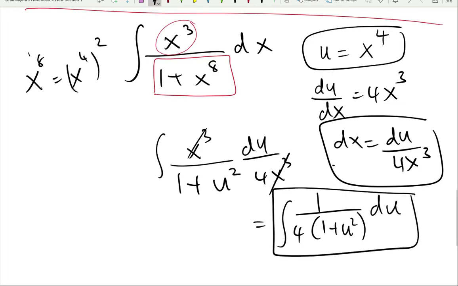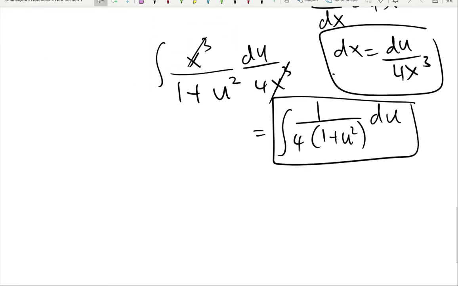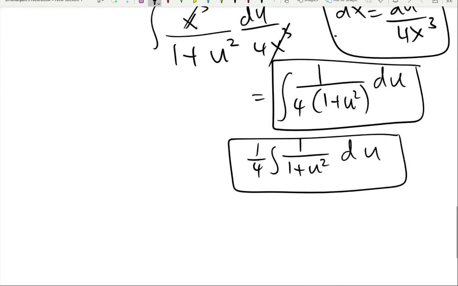Alright, so this is what we get to integrate. Now we can take that 1 over 4 out from the integral. So we have to integrate 1 over 1 plus u squared. Now how can we integrate this one? Well, this is tangent inverse u, right? 1 over 4